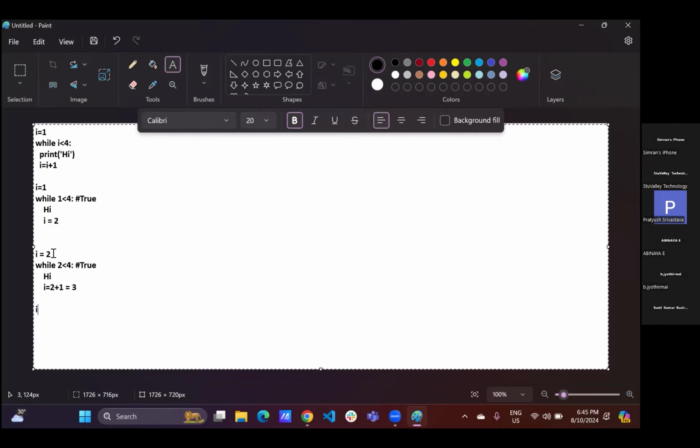Again, next iteration. For the next iteration, i value will be 3. While 3 is less than 4, again condition is true. And if it is true, I am printing hi. After printing hi, I am updating my i value: i is equal to 3 plus 1. That means i value is 4. So if you will see, in every iteration, your i value is changing. अगर मैं यहाँ पे increment decrement नहीं करता, तो i value will always be fixed. Okay. Now again, when the loop will run, your i value will be